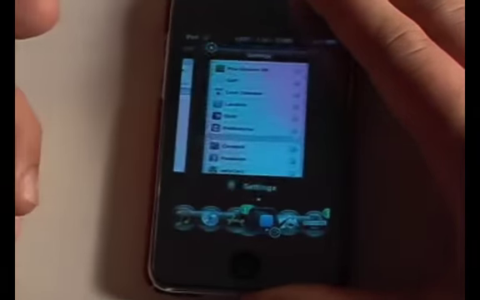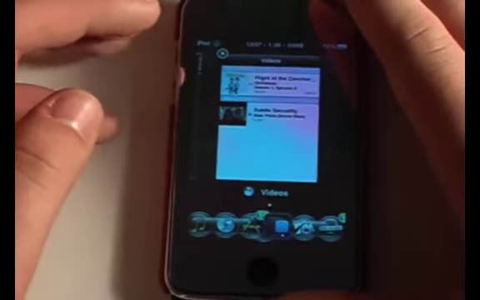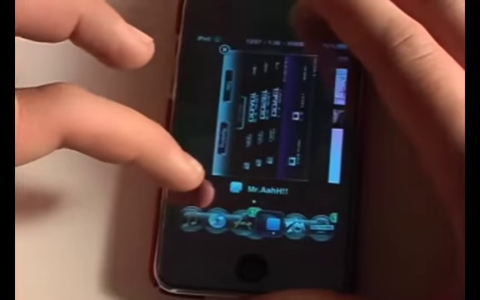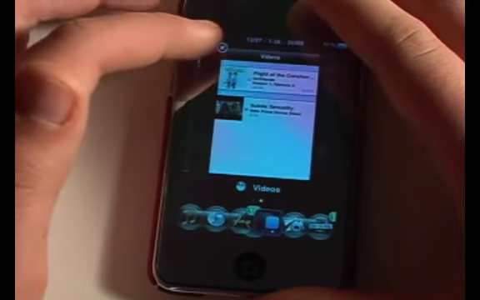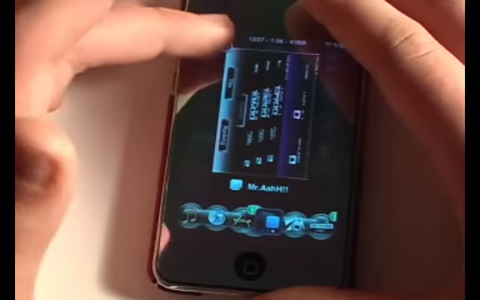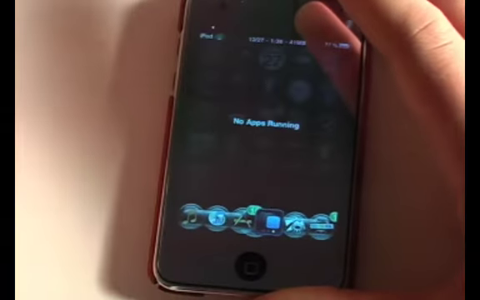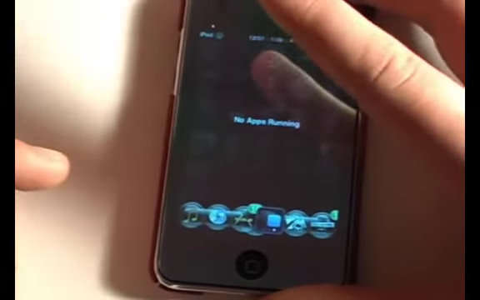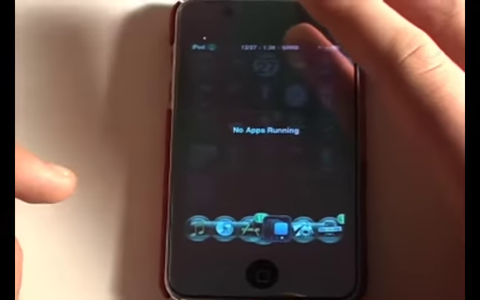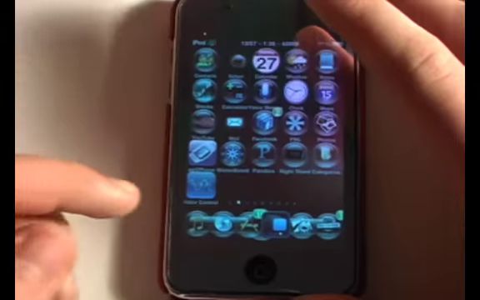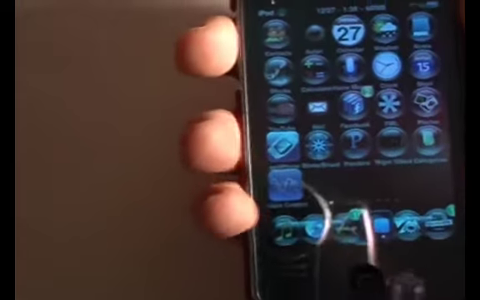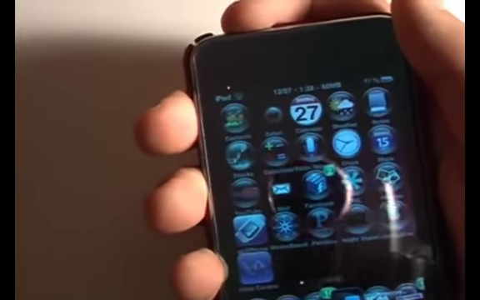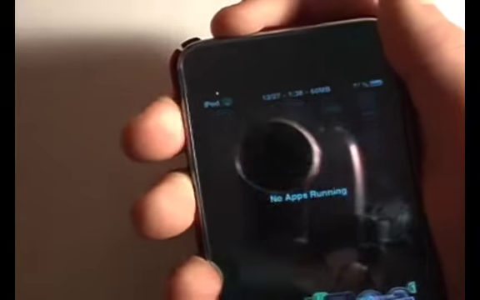actual review. So this is a really nice app. It's the Palm Pre, as you can see. It's got the name down there, and it's got a close button. If you tap the close button, it zooms right out of there, and the app quits. And then if you've got no apps running, it'll just tell you that. And you can tap on the background to exit out of it. And to bring it up, you just do whatever activation method you have. I have the press the sleep button for a short time, so we just press that, and it comes up